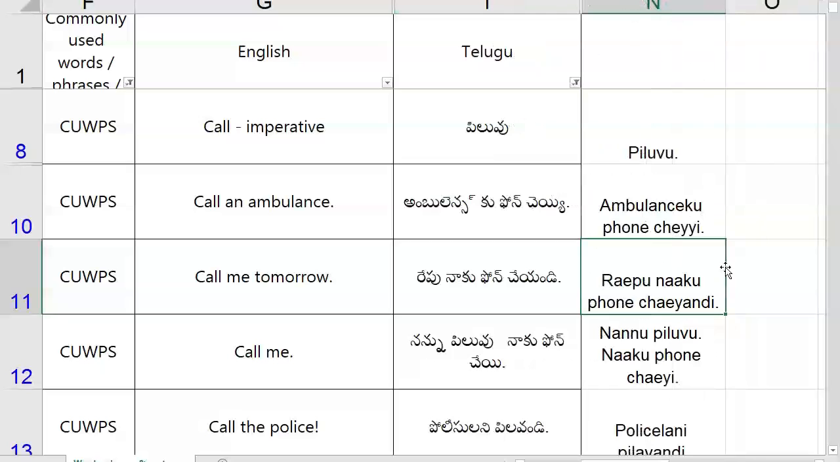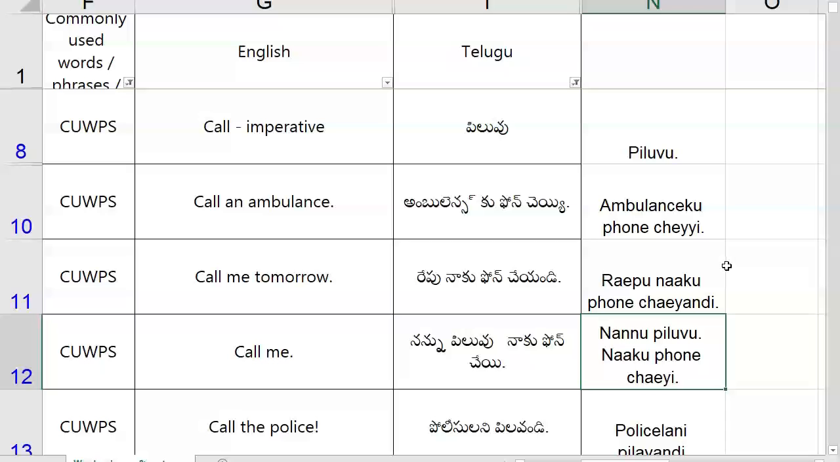Mostly "call me tomorrow" indicates a telephonic conversation, like they are talking about telephone only, so we can use the meaning like phone cheyandi, call me tomorrow, repu naku phone cheyandi. The next one, just "call me": nannu piluvu or naku phone cheyandi. As I mentioned before, "call me" that is not related to telephone: nannu piluvu or nannu piluvandi. In another context, if there is any relation with telephone, we can say